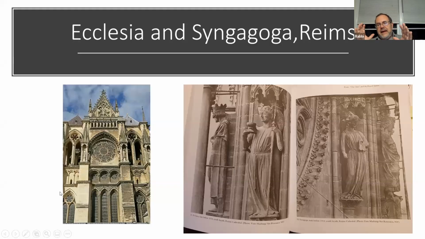Okay, now let's go to the Gothic sculpture from the cathedrals. And there are many, many examples. The three that I'm going to look at here are the three that are described at great length in the dissertation that I read by Nina Rowe. She focuses on Reims, Strasbourg, and Bamberg. So Reims is in France here, and what she does that's so wonderful in the book that I read is she doesn't just